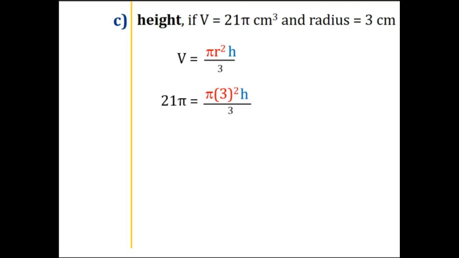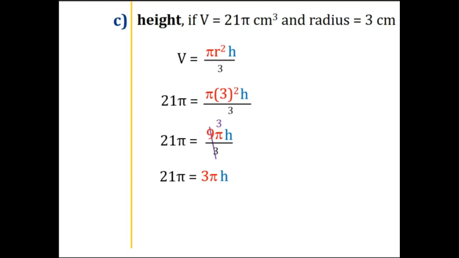So, what do I need to do first? If I'm following PEMDAS, what do I do first? So, get rid of my exponent, right? What's 3 squared? Okay, so then I have 21 pi is equal to 9 pi, right? I still don't know what h is, and I know it's over 3. Can I divide this 9 and 3? What do I get? Okay, so now my new answer is 21 pi is equal to 3 pi times h,